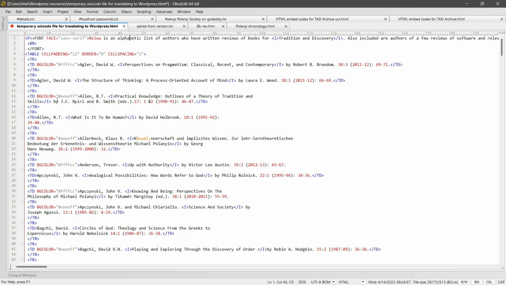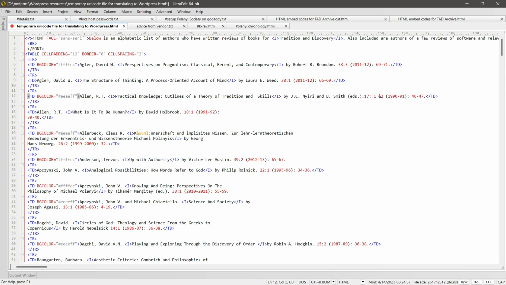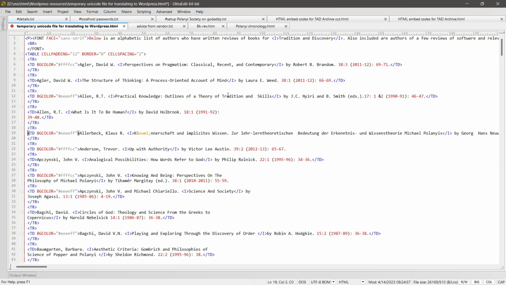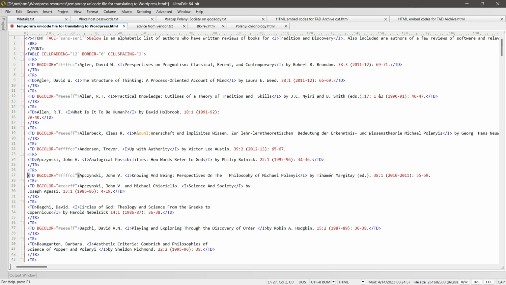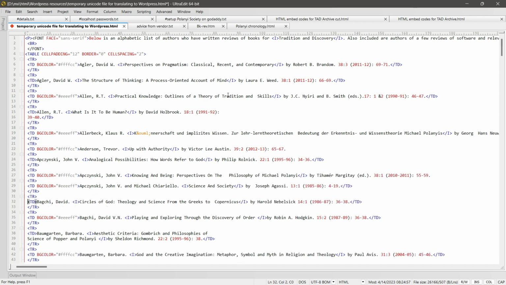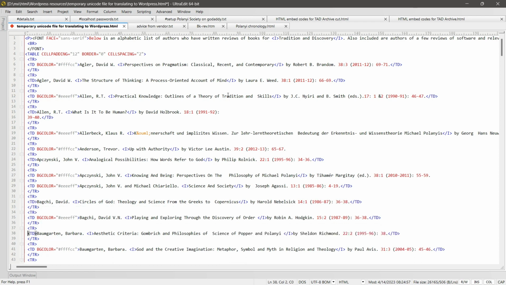Let's try our next. Here's another entry where it has been given a carriage return at the end of the line to make it look nice in the old system, but that's no good for the new system. And I just go on and I run my macro until every entry in the old page has been fixed. I'm going to stop the video at this point and just do this for a while